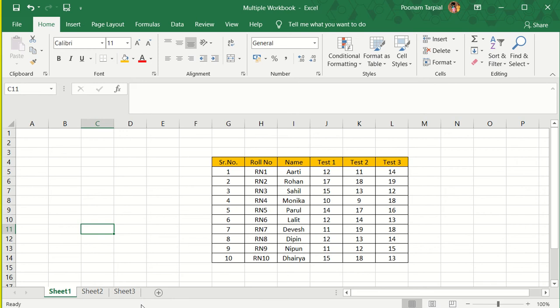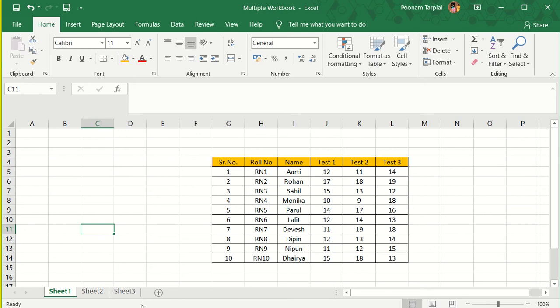As I've said in the beginning, what I'm going to do in front of you today is perform a specific task on one worksheet and it will be replicated on other worksheets automatically. I will not be opening the other worksheets. But people, I would request you to perform this function only if you're trying to do the same task on each and every worksheet.